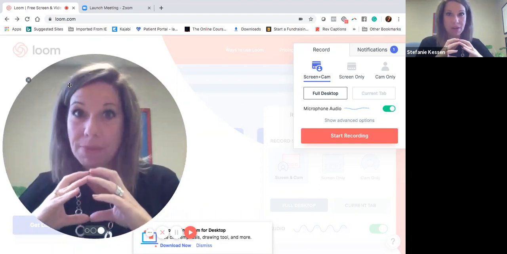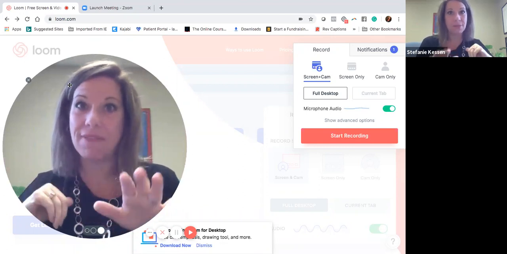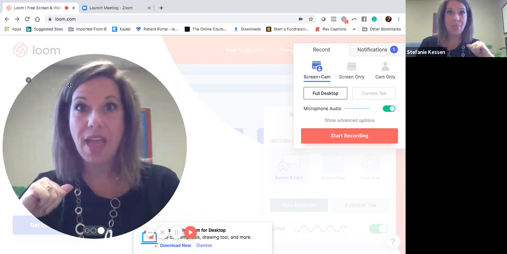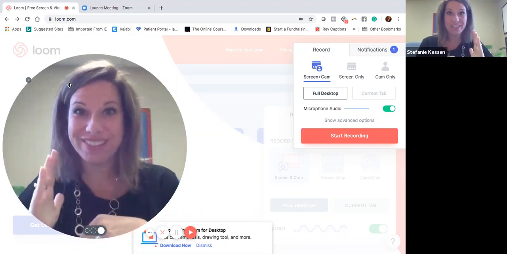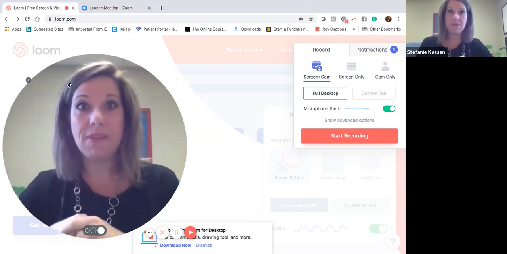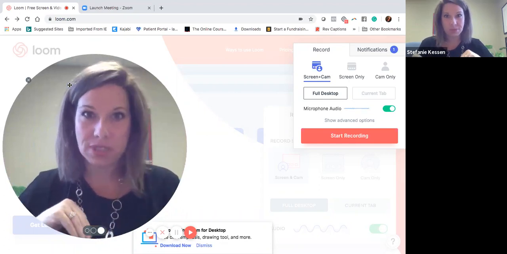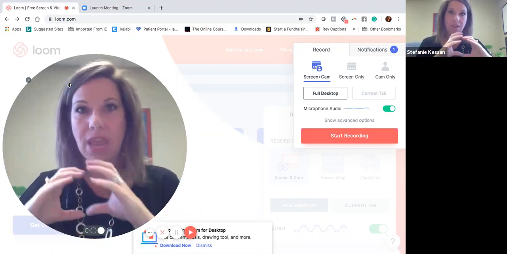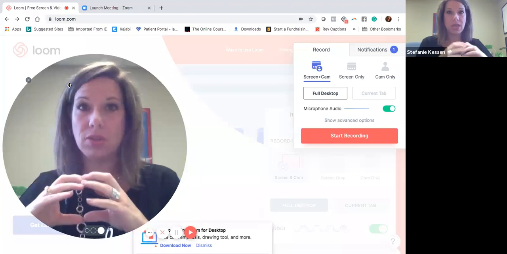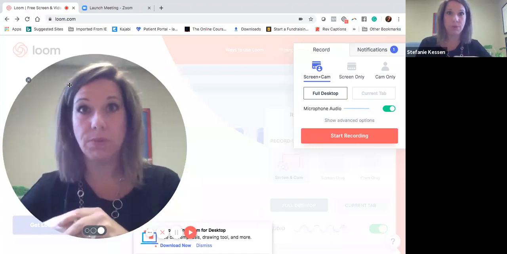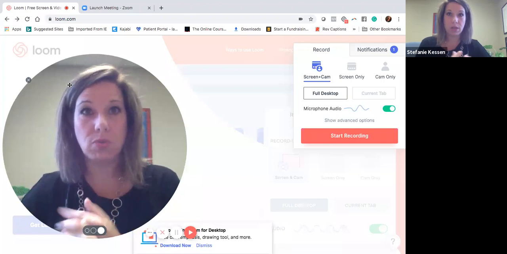If I've got a vocabulary page I want to walk through with them, I can have the page online and then I can be talking about it with my bubble. If I even want to be discussing a video or something like that, I can play the video and have my bubble right here and do that. So it's a really great way to do all kinds of stuff.